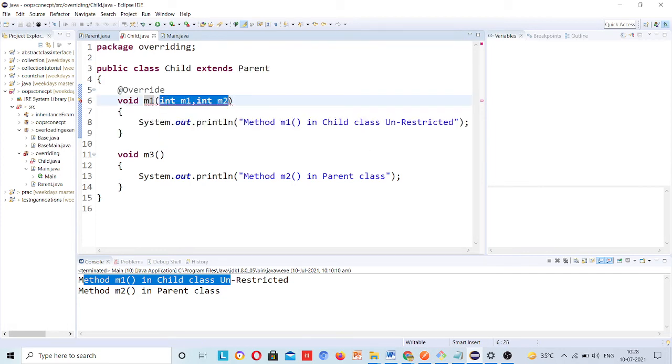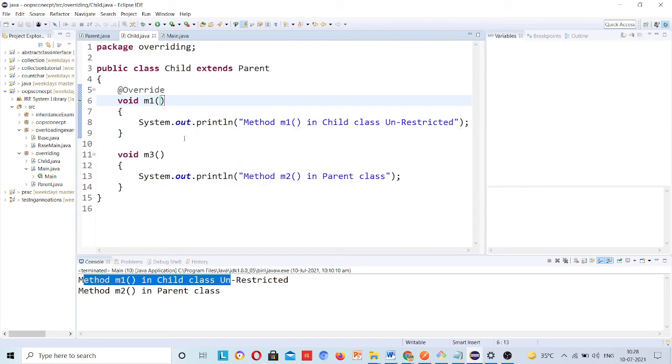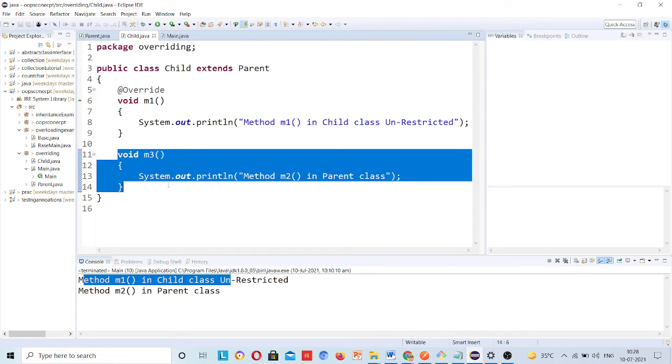Okay. So this is overloading and overriding. This is a new method for the child class.